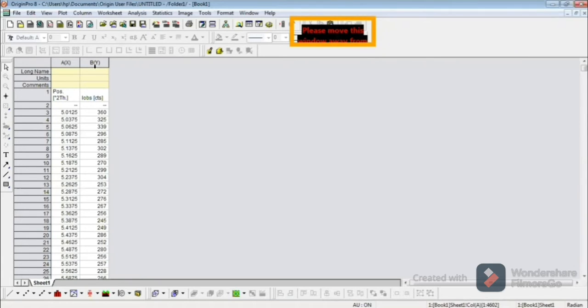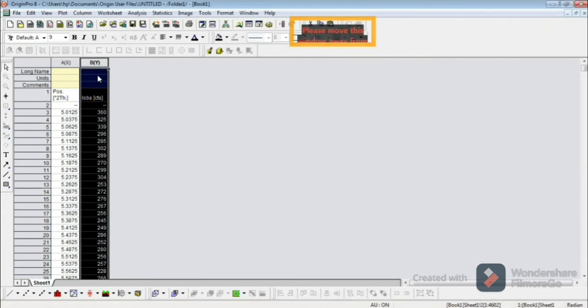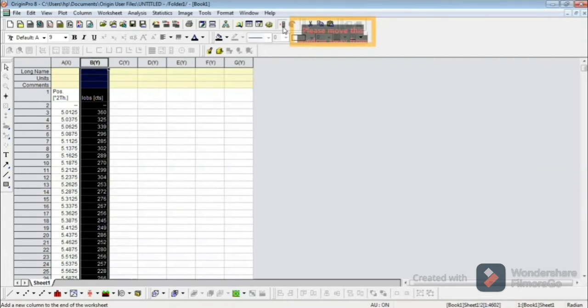If I have 3 samples, or 4, 5, 6 samples, I should copy the position and I observed of all the samples. So here we will introduce new columns. By selecting this column, we can see there is an option, add new column. By clicking this, I can insert many columns.